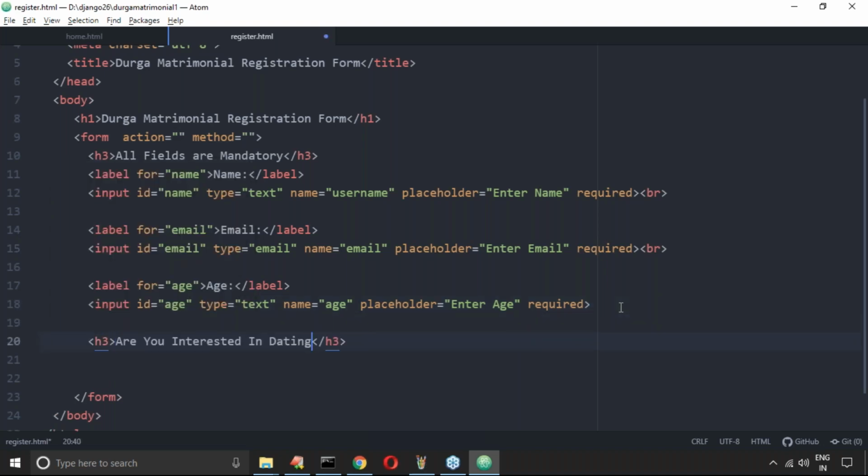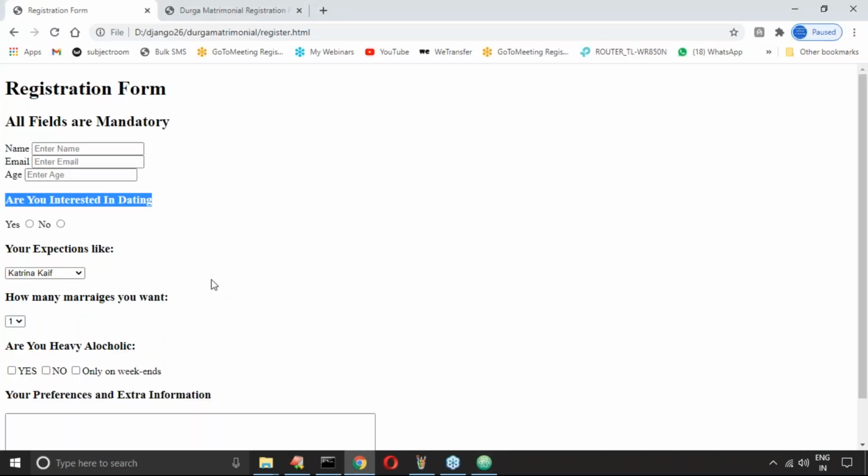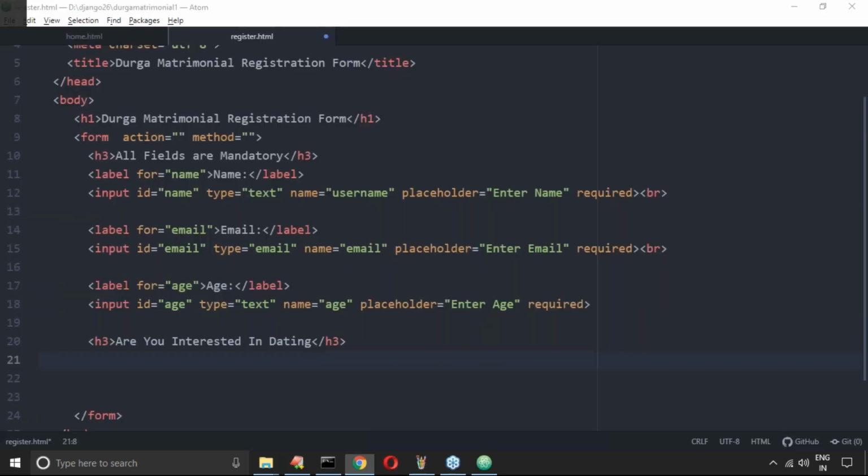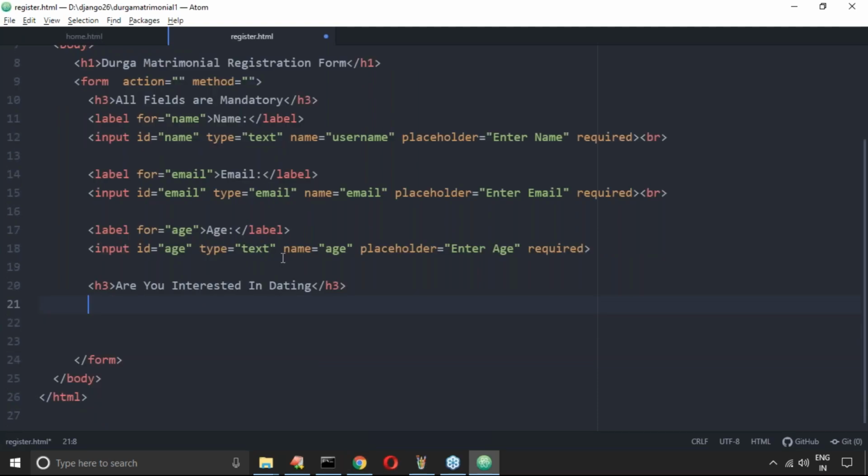Are you interested in dating or not? Now here my requirement is yes and no. Is it a radio button or not? Please confirm. Radio button, and these are the labels, right? Now I have to take care.